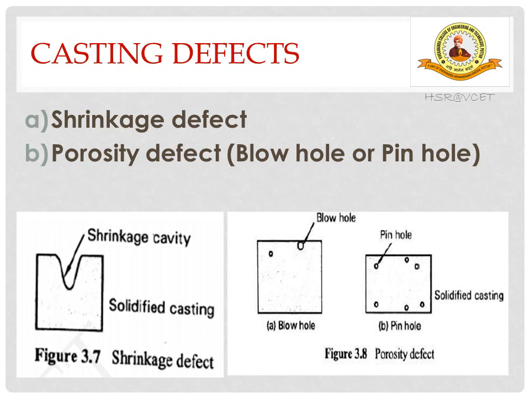So, in order to avoid this particular defect of porosity, excessive ramming of the mold should be avoided. The mold should be provided with proper vent holes, and avoid the use of excess carbonaceous or other organic material in the sand or core binders, because these materials react with the molten metal, producing a large amount of gases.